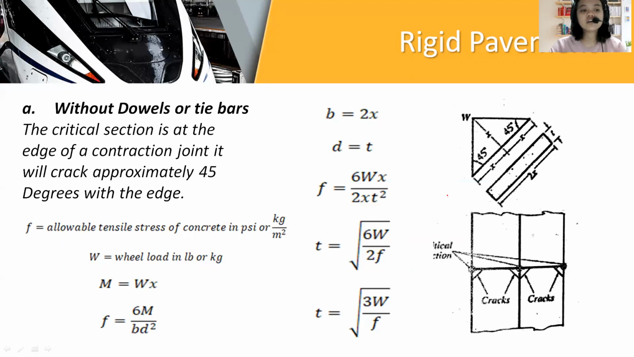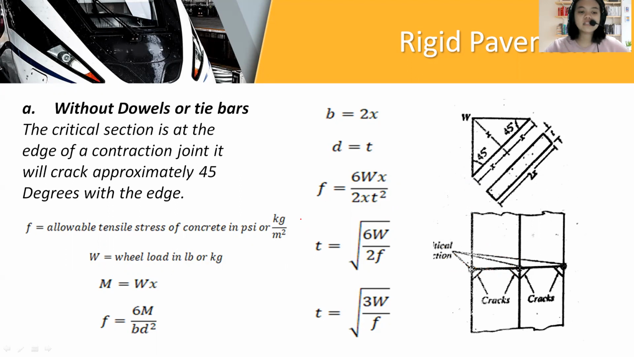The critical section at the edge of the construction joint, it will crack approximately 45 degrees. Okay. Dahil wala tayong reinforcement, kapag nag-split na o kaya gumalaw yung ating pavement, pag naghiwalay yan, ang direction is 45 degrees at the edge. So, mangyayari dyan,